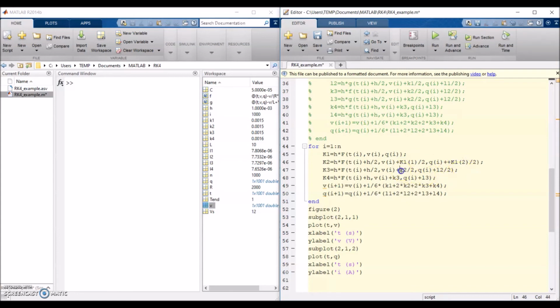Okay, so this is K2 bracket 1 that corresponds to voltage. I have an extra here, and this should be K2 2, and this one is K3 1, this is K3 2,